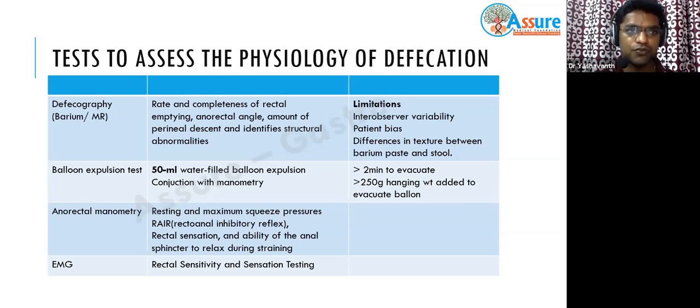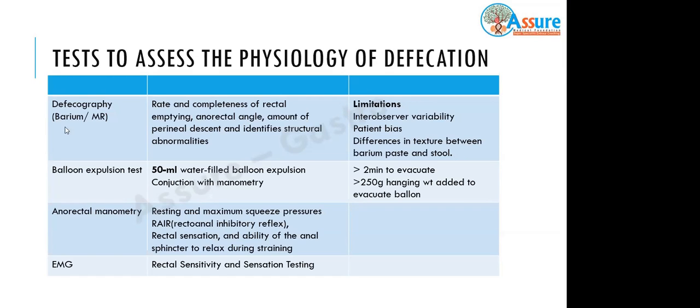No, it is not useful in the proximal small intestine. If you want to assess the proximal small intestine, you have to use scintigraphy or the smart pill. This will not help you because it is a tortuous course. There is a lot of overlap of the small intestine and the colon, so you might not be able to make out whether it is in the small intestine, colon, or the distal stomach. Okay, sir. Thank you, sir.